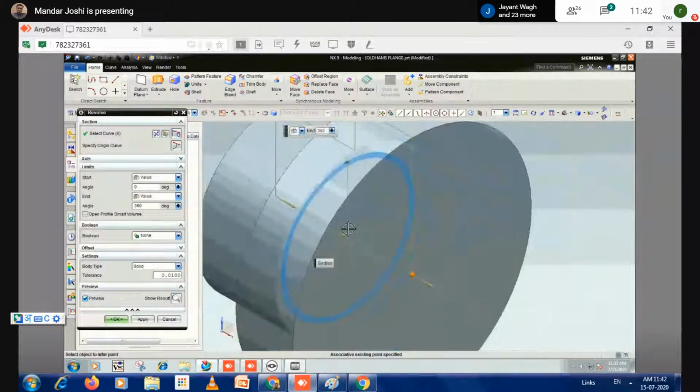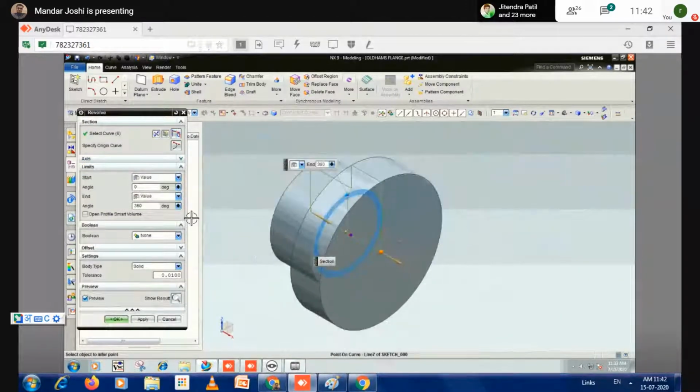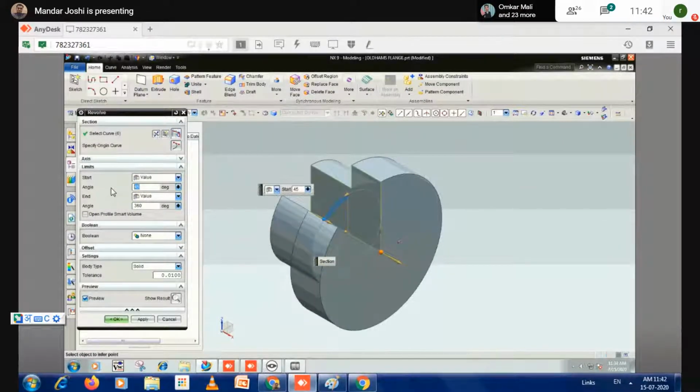After that axis, what you have to do, you have to define the end angle starting from 0. You may use an angle here, let's say 45 degree. It will start by taking the 45 degree offset, and then count the 360 total angle. But I do not want to use an offset value, so I put the initial value 0 and the end value is 360.